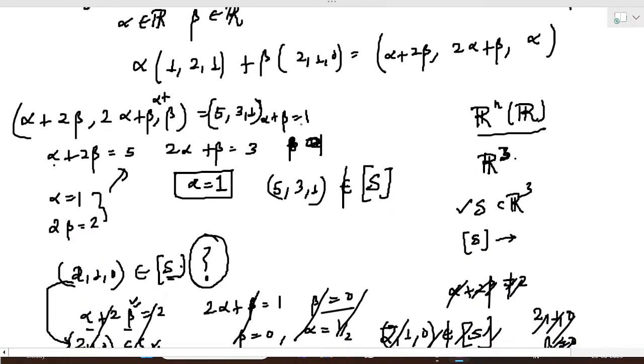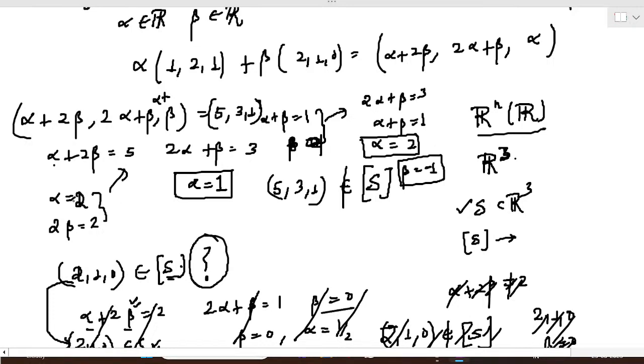So alpha plus beta equals 1, and 2 alpha plus beta is equal to 3. So try to solve from here. We will get 2 alpha plus beta is equal to 3 and alpha plus beta is equal to 1. Subtract them. So what is alpha equal to? 2. Sorry, so you are getting alpha is equal to 2 in the first case. And if alpha is equal to 2, then beta would be equal to minus 1. Oh, there's a mistake here. So beta would be equal to minus 1 in the first case. So if alpha is equal to 2,